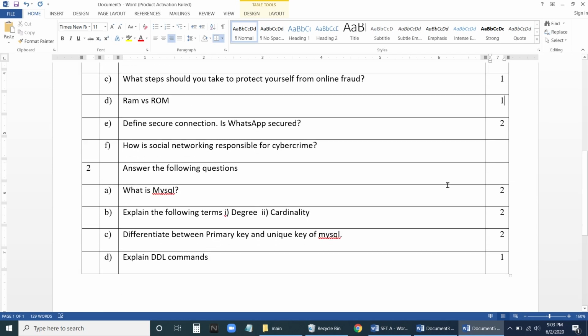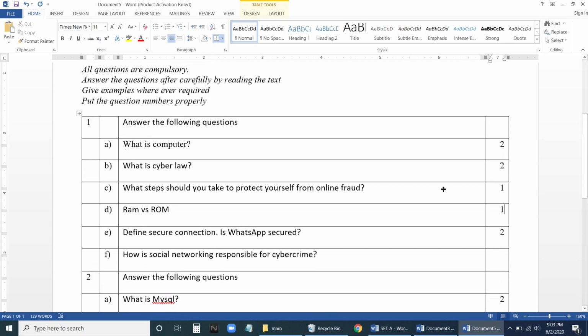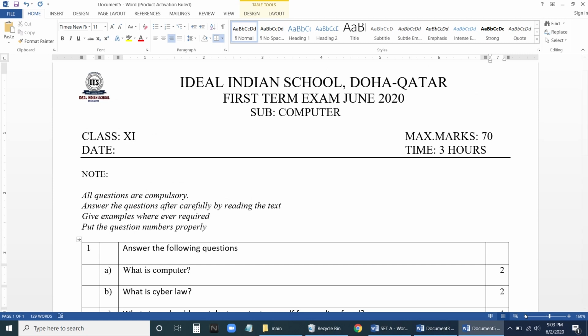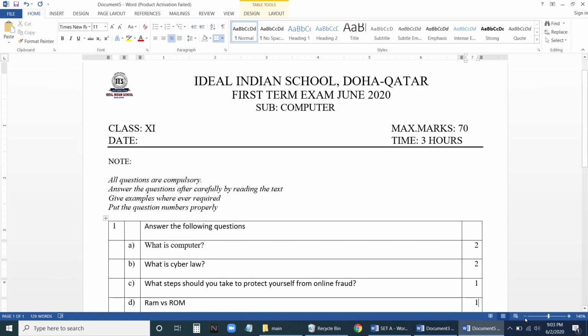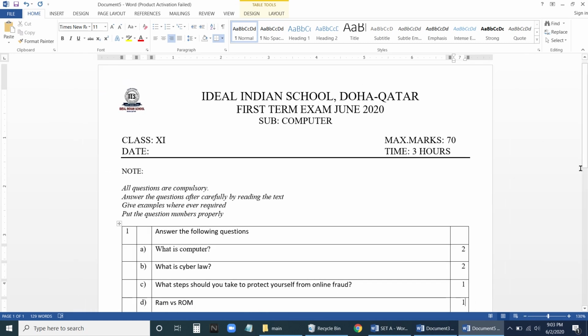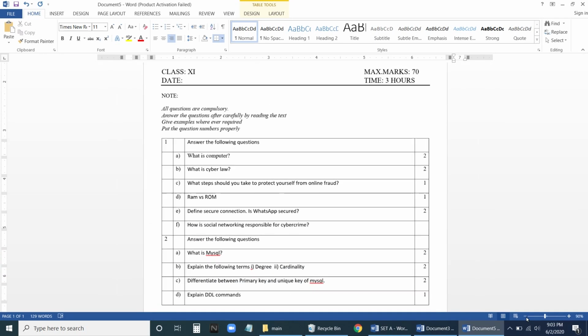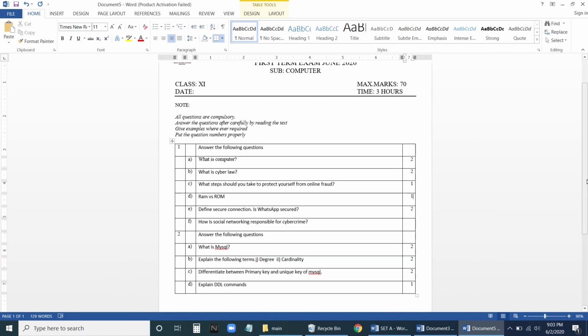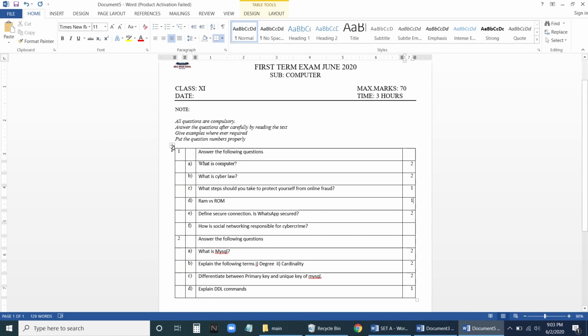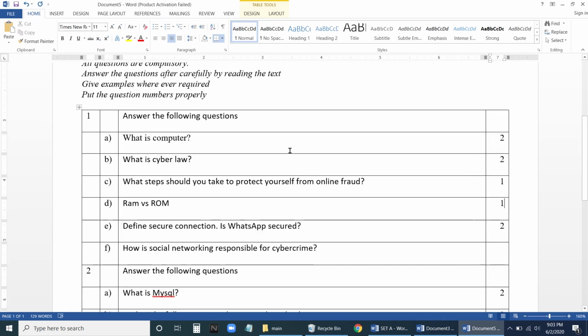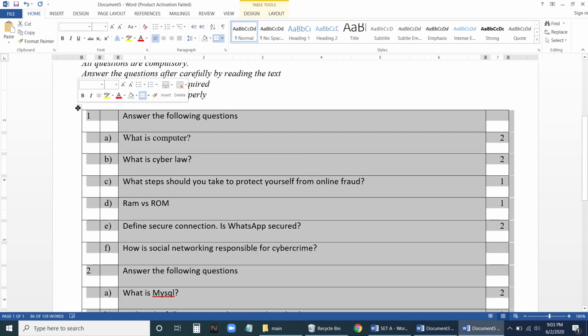Now I can give the marks here. Fine. Now once we have done this, let us change the size of this. Now we have 130%. Let us change more. Let us keep it 90% now. Now select this one. While printing, we don't have to take the printout of these particular lines. The table is there, the lines are there. I don't want table lines while taking the printout. Click on this.